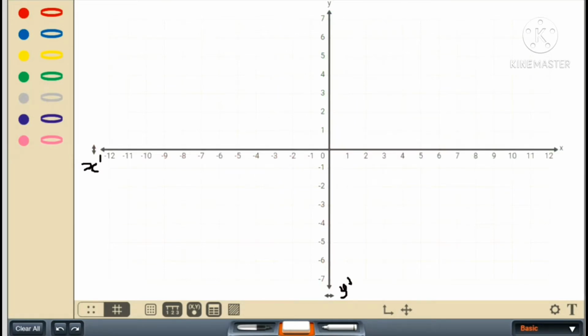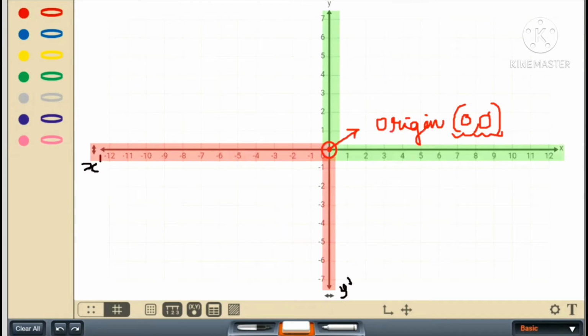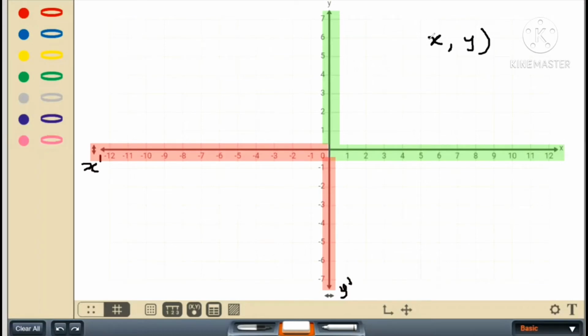Moving on after the origin, let's see what quadrants are in the Cartesian plane. Around the origin, there are 4 quadrants. When the two lines intersect, we can see 4 quadrants. Let's see the coordinates of the 4 quadrants. Let's see the first one, the ordered pair x, y. The x is positive, that is, greater than 0. The y is also positive in that quadrant. So both x and y are greater than 0. It's called the first quadrant.